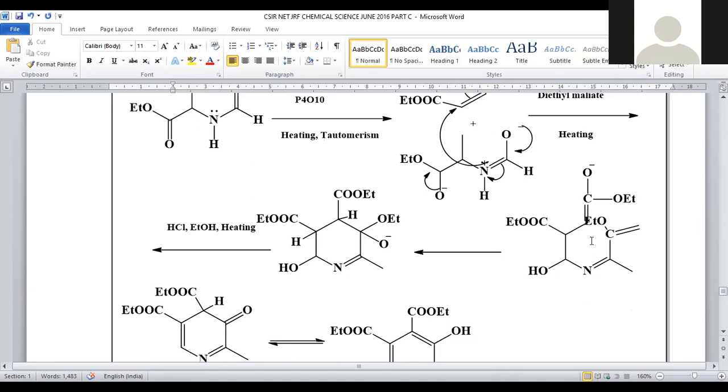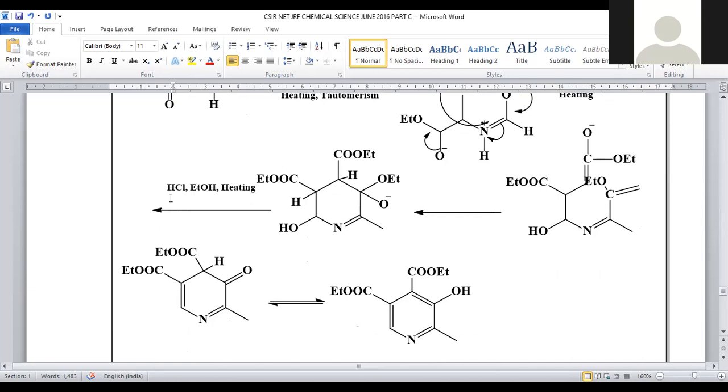Later, here we have the OEt group, and here a double bond with the COOEt group. What will we do? It will be cyclized in a manner. This negative charge is polarized towards this side, and this pi bond is shifting towards this carbon atom. So it is converted into a carbanion, C minus will be generated. That will be used to form a bond with this one. Here bond shifting is possible, right? When this pi bond is moved toward this side, it turned into an O minus. And here the new carbon-carbon single bond forms, so we got a 6-membered ring system, right?